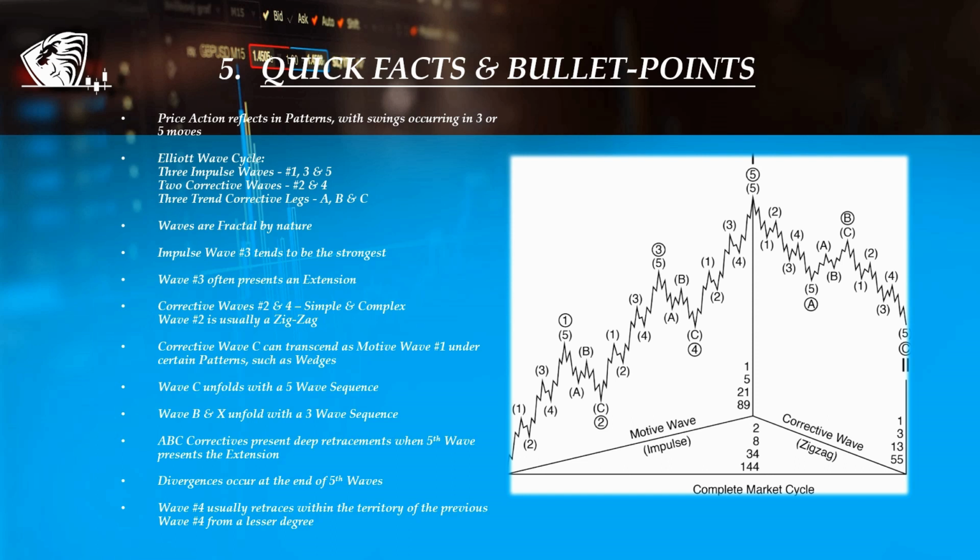Wave C always unfolds with a 5-wave sequence. Wave B and wave X always unfold with a 3-wave sequence and are known to be the cause of market uncertainty, fake breakouts, or even structure change. ABC correctives can provide a strong gain, depending on the size of the impulse waves. This is because at the end of the fifth wave, divergences occur, giving traders the possibility to spot the difference